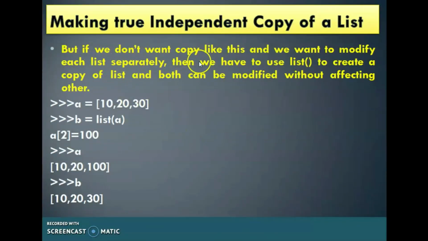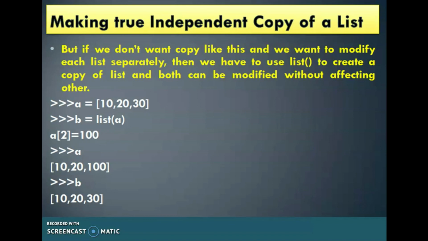Then how to make a true independent copy of a list? If we don't want a copy like this and we want to modify each list separately, then we have to use the list function to create a copy of the list, and both can be modified without affecting the other. By using this list function, we can create two independent lists with the same values.